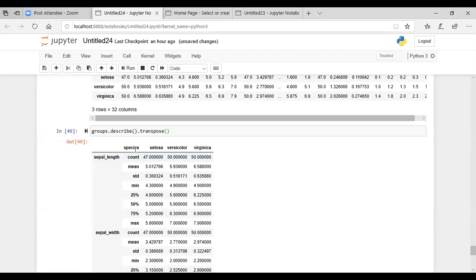Under the species Setosa, the sepal length count is 47, versicolor is 50, virginica is 50. So in all, there are 147 rows: 47 under Setosa, 50 under versicolor, and 50 under virginica. The mean is this value, same with standard deviation, min, 25%, 50%, 75%, and the max. So it is giving you the statistical information for each group.